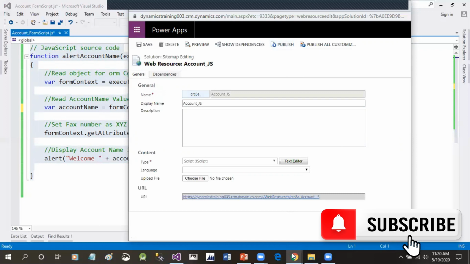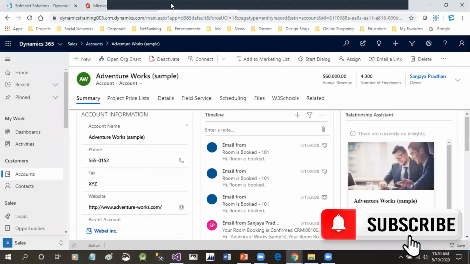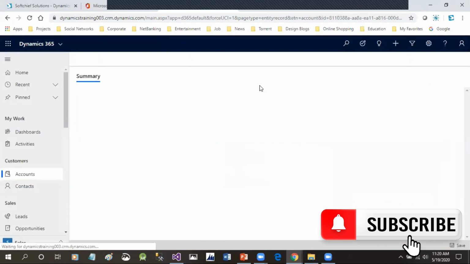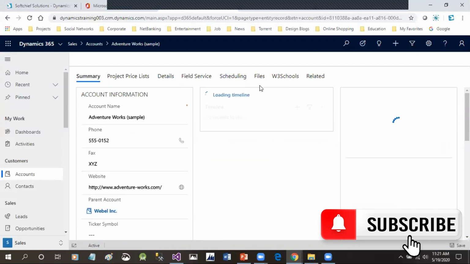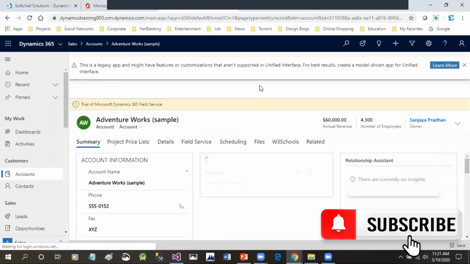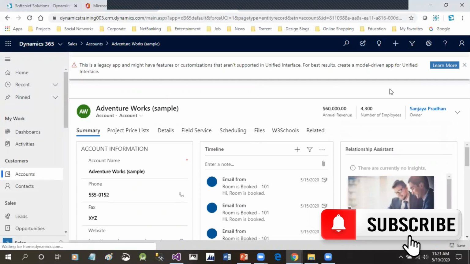Once it is published, I will go here and check if it is throwing an error. Let me refresh. Surely it should throw an error because I've changed the name. Okay, it will not throw an error.